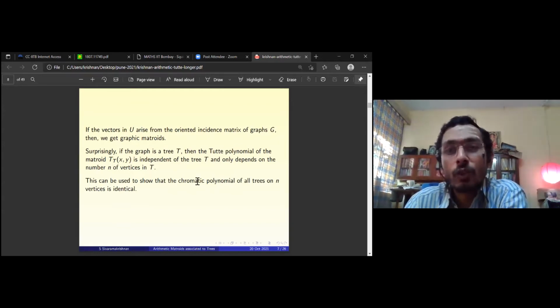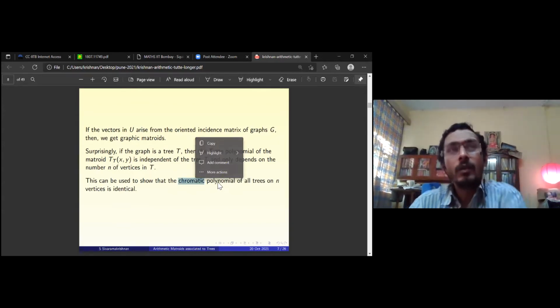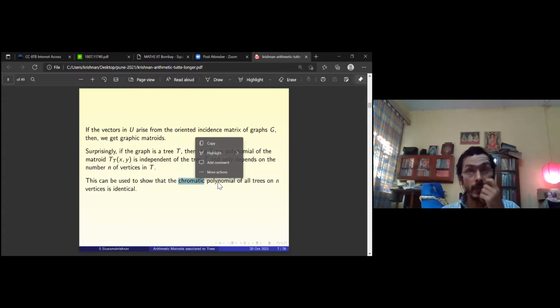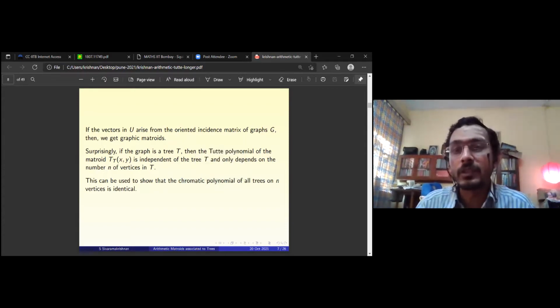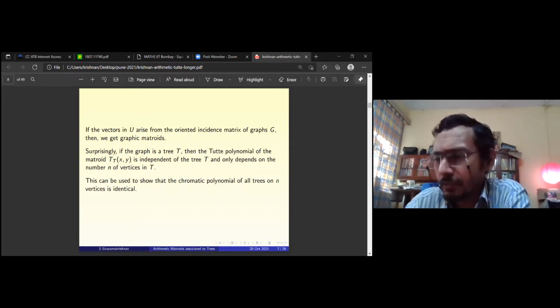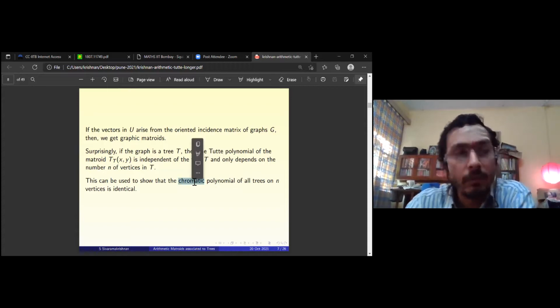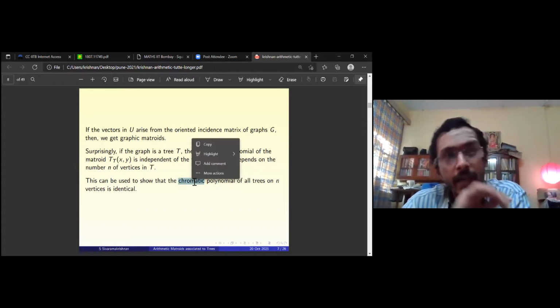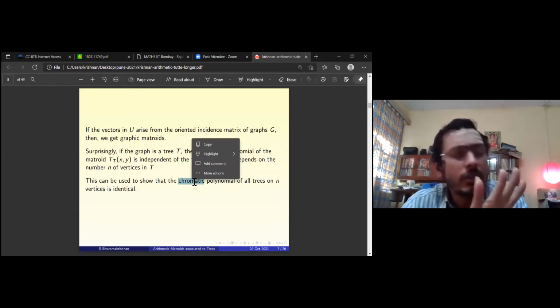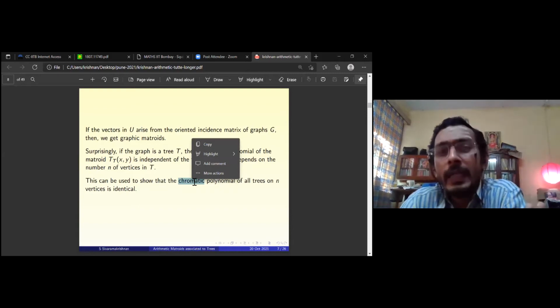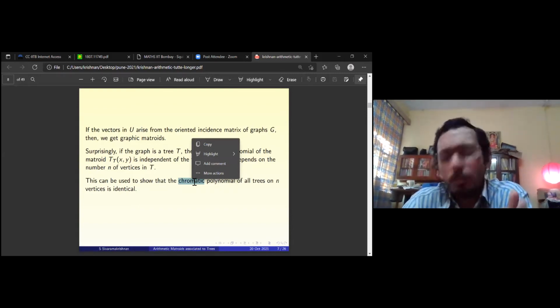So this chromatic polynomial is again very nice. That it's a polynomial is very surprising. It's a polynomial of degree n, where n is the number of vertices in the graph. That itself you have to get used to. Once the definition is clear, you will get used to it. The chromatic polynomial is a well-studied object, and it was defined because of the famous four-color theorem. It's a very amazing theorem, and there are 2 proofs known, both of which are very tough.